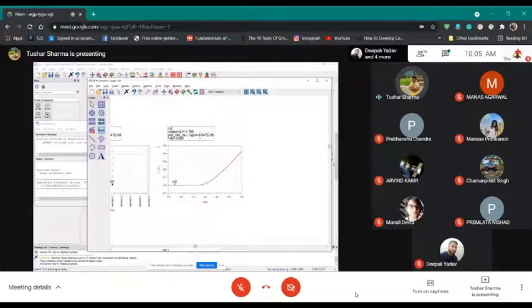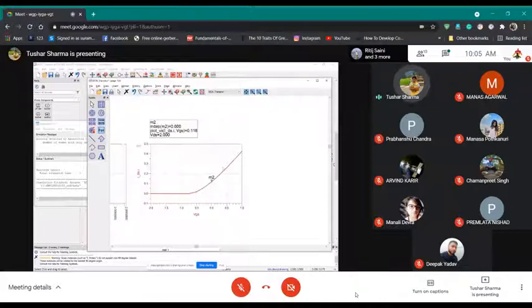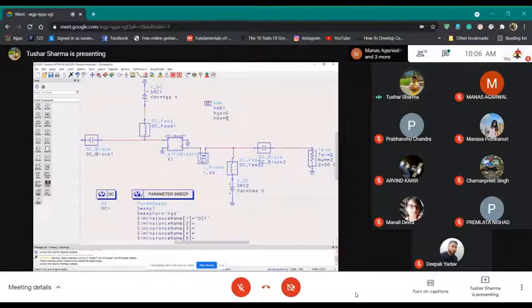So here you see no current. Then a little bit of current, it is like class B. Then a little more current, that is like class AB. And then finally, this is like class A amplifier. So if I want to select my bias condition for this amplifier, it will be VDS 2 volts and VGS 0 volts. So in the same DC-IV, VDS is 2 volts and VGS will be 0 volts.